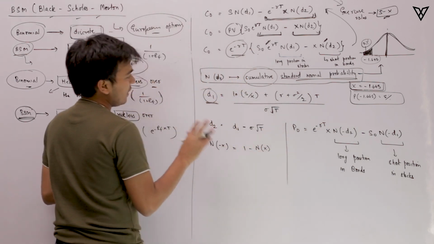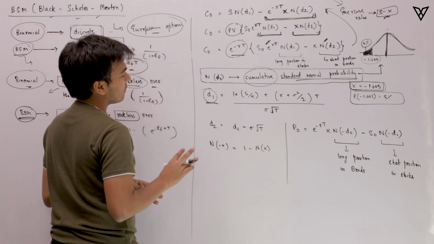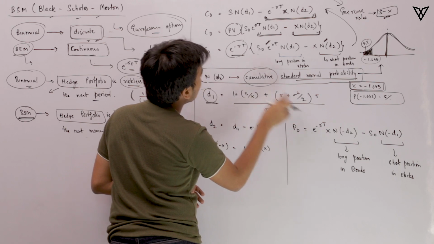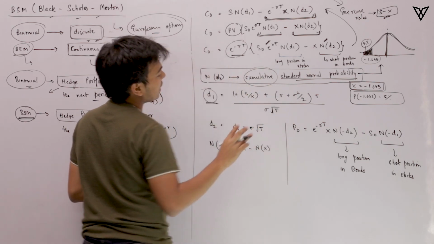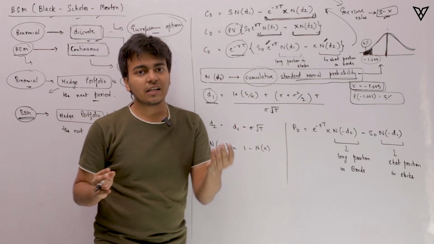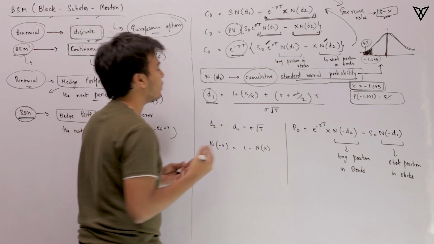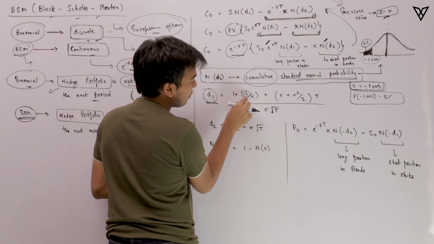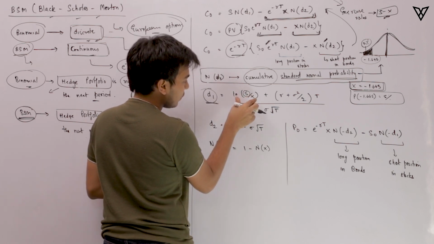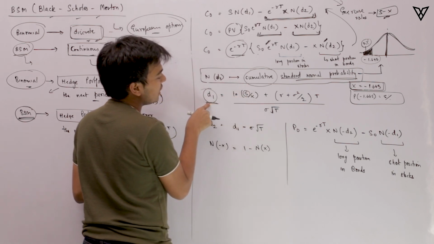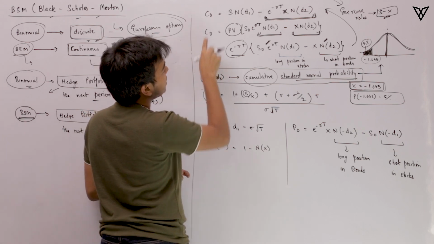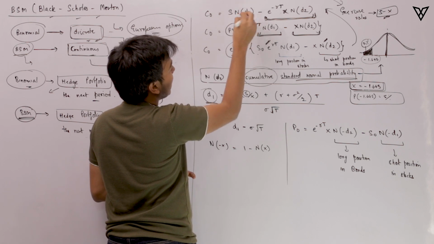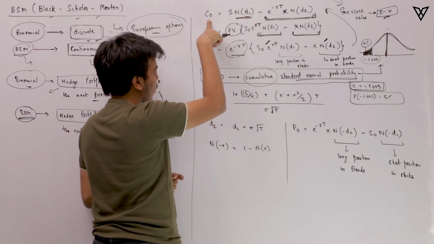Alright, a very interesting thing that you need to notice here is that if you look at the relationship between these variables and the value of the call option, you will see that most of the relationships which we have studied in level 1 follow here. Not most of them, all of them rather. Say, for example, S is nothing but the stock price. If the stock price increases, this entire term increases, which indeed increases D1, and once D1 increases, ND1 would increase, and once ND1 increases, the value of the call option would increase.